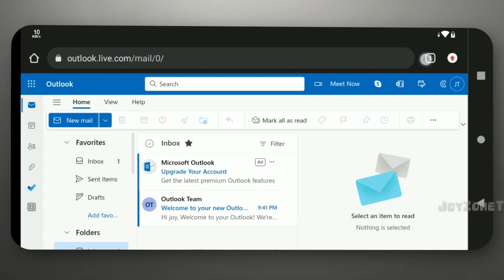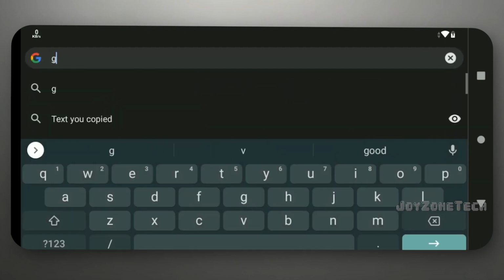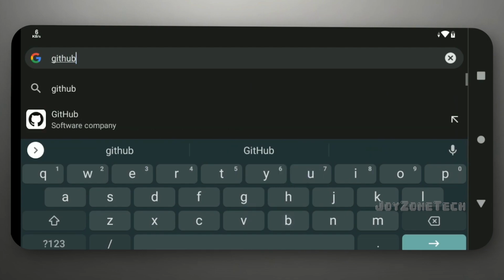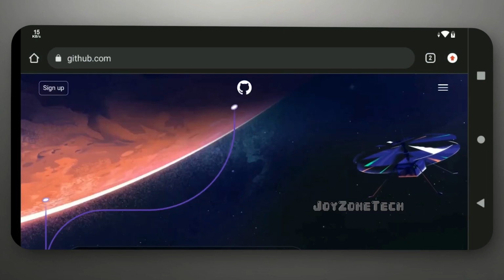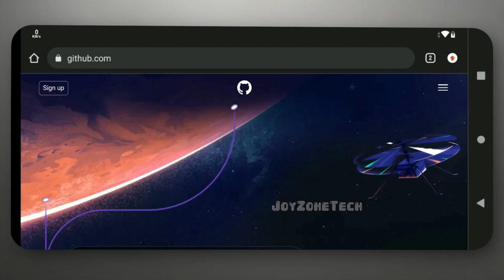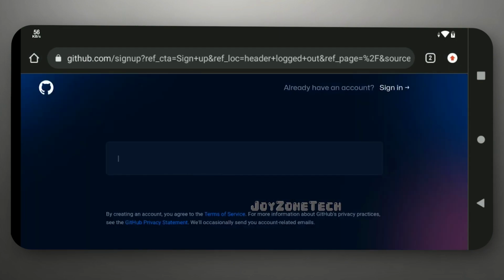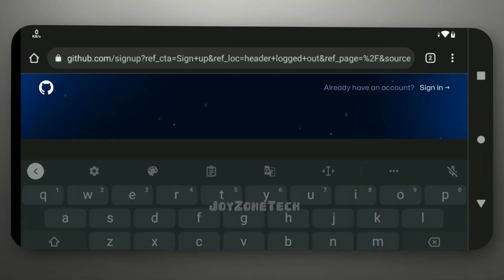Now open a new tab. Type in the search bar, github.com. Click on Sign Up. Enter the Outlook email here.